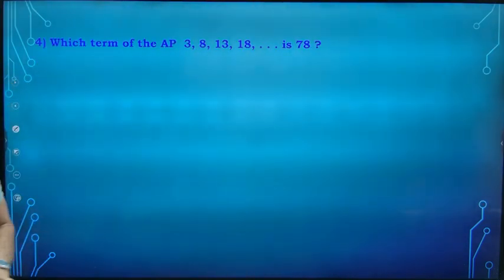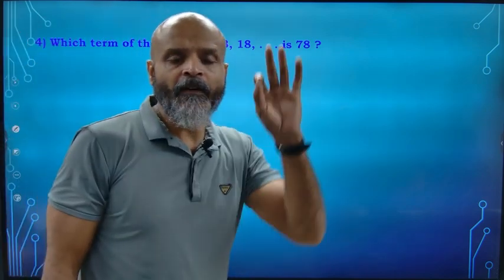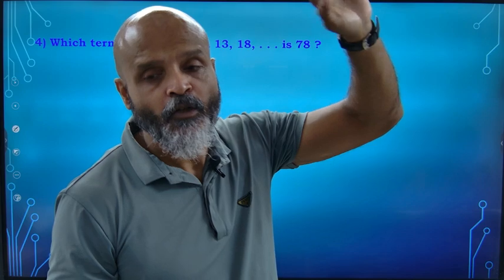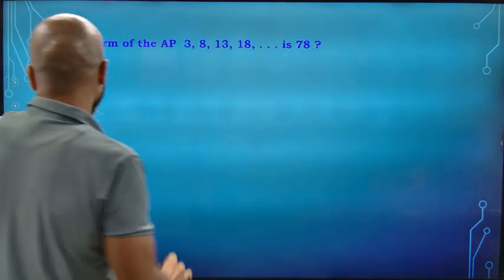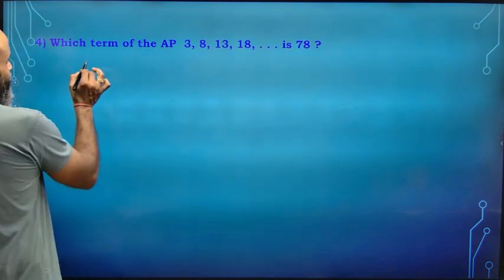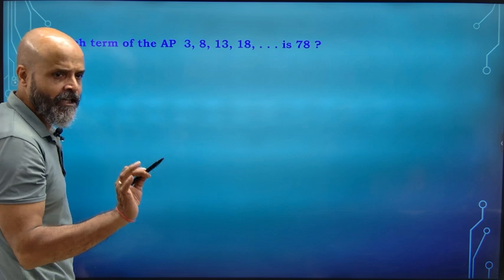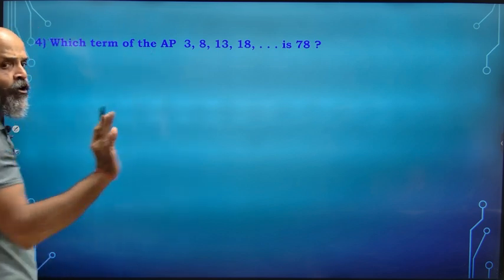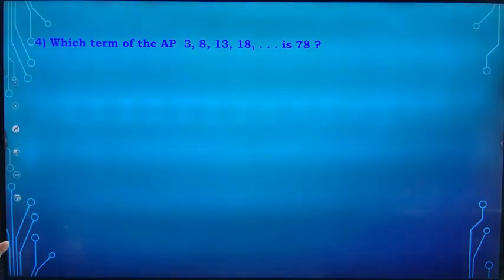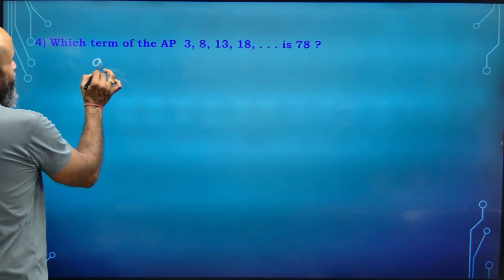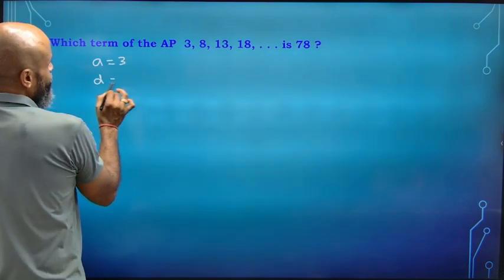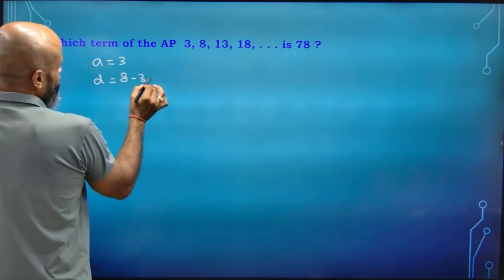Now the question here is, this is an AP and one of the terms happens to be 78. Which term is 78? So what exactly do you have to find out? So if we look at it, what assumption will we make here? Do we know a? Are we aware of a here? Okay, so we do not need to assume, let a be the first term. Are we aware of d? We can find out. d is how much? So a here is how much? 3. d here is how much? 8 minus 3, that is 5.